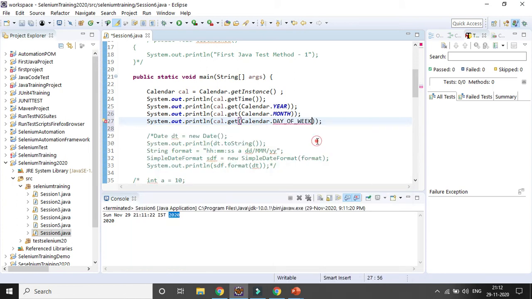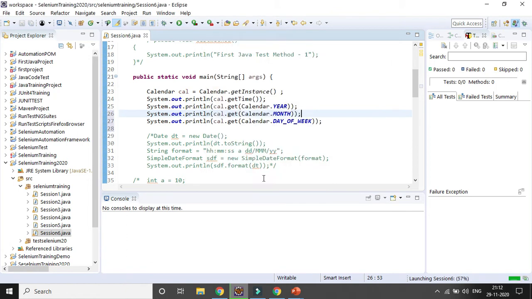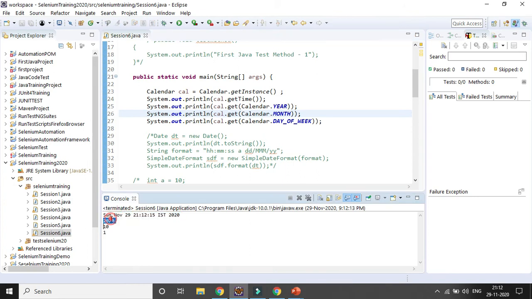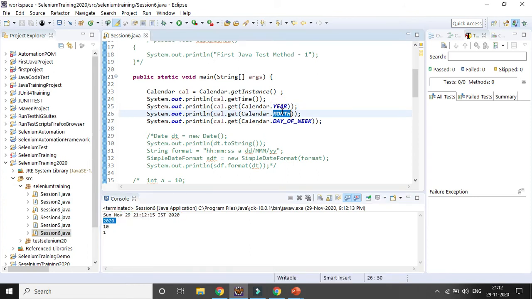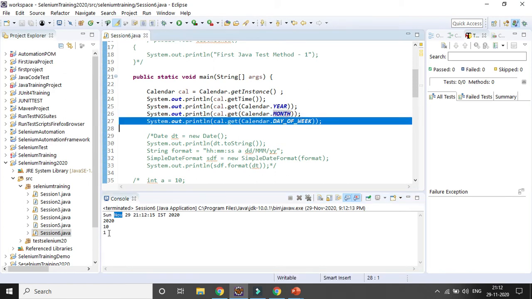So let's run it and see how it behaves. First the year is coming, 2020, and the month is 10. It's November, so it is 10, and the day of the week is coming as 1.